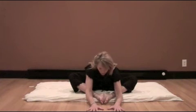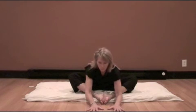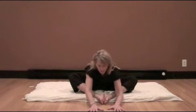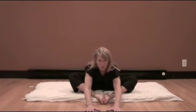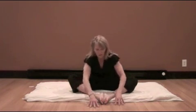Noticing the difference of a little less tension, a little more calmness, maybe a little less activity going on in the mind. As you just let yourself get ready to surrender to a nice, good night's sleep. Letting yourself feel gratitude within yourself, forgiving yourself this time, feeling the calmness within you as you flow into it, and then letting yourself slowly walk your hands back up